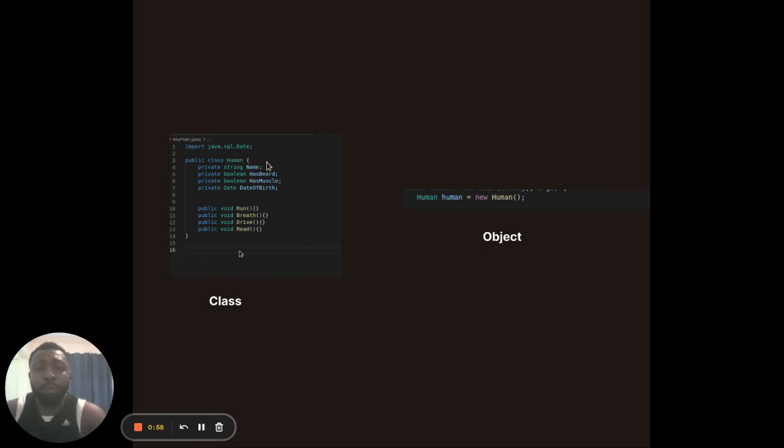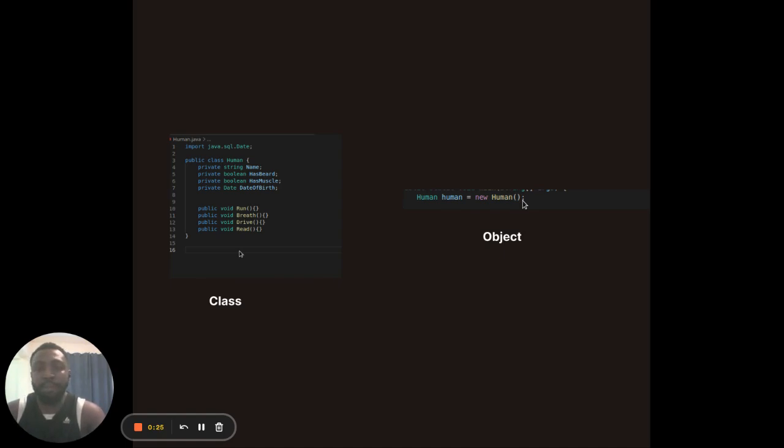And then when you want to create an object from that class, you just use the class name, then the name you want to give that particular object. Say you want to give it Musa, John, or Caleb. You give it a name and then you equate it to new. This new is what we use to create a new object from a class. So you give it new, then the class name, and then you pass in the brackets. With this, you can see the use of a class and an object.